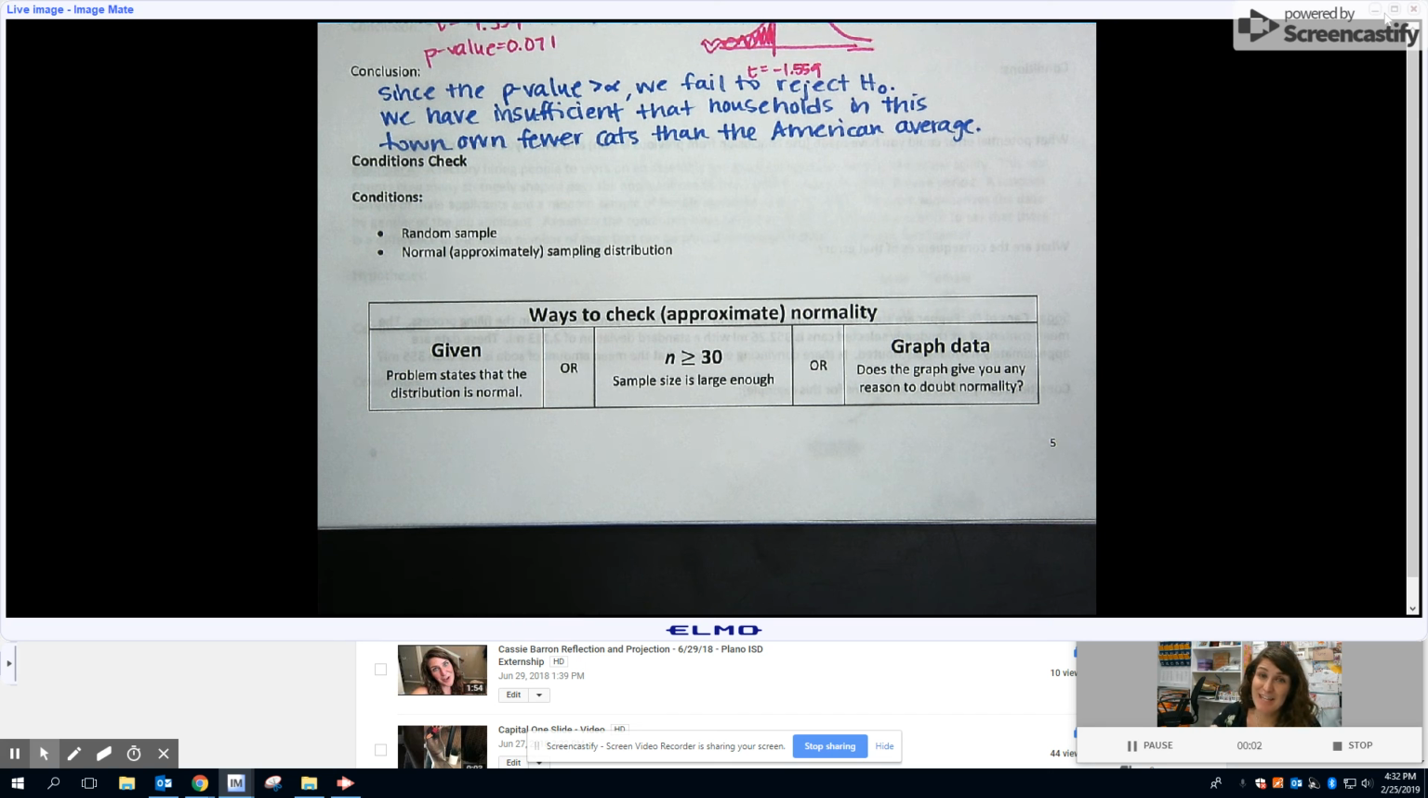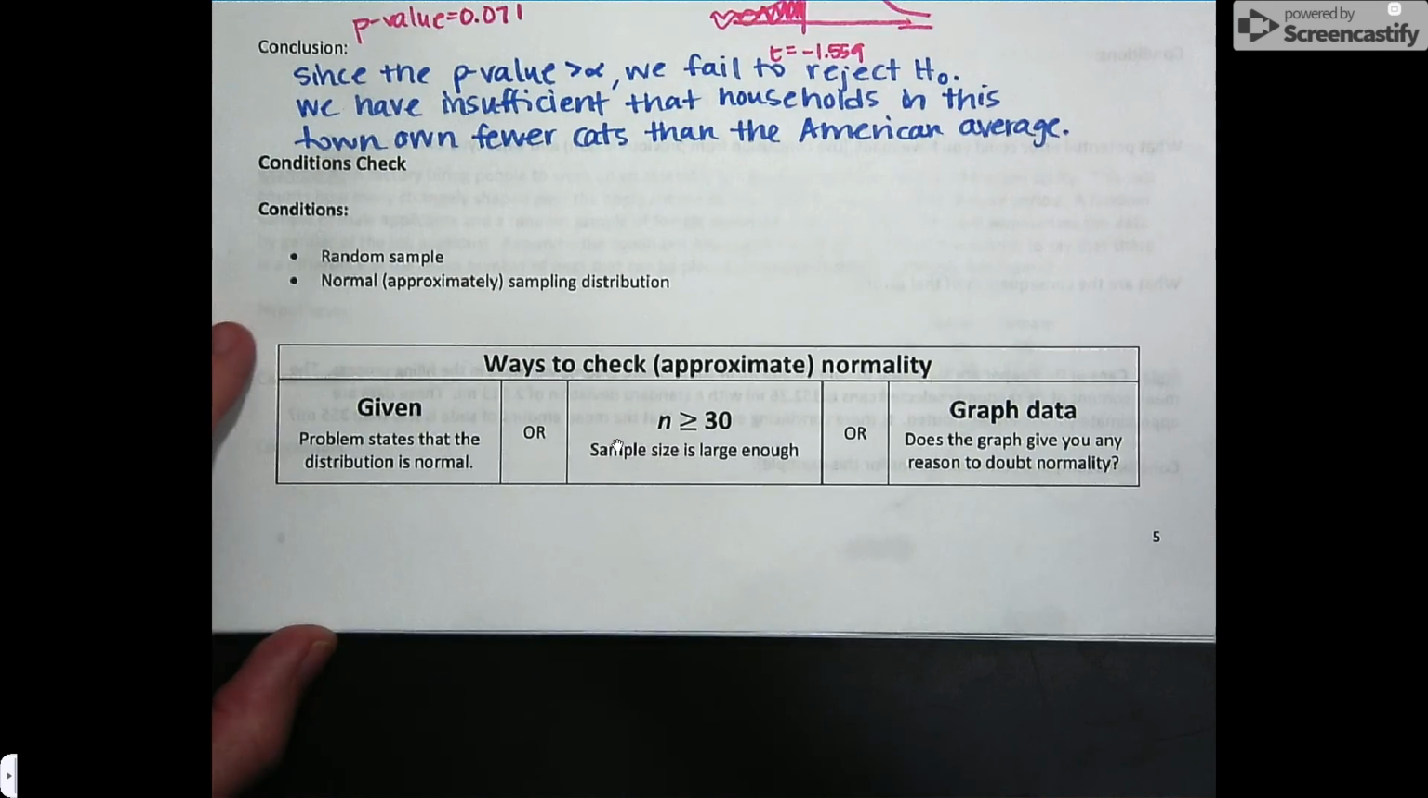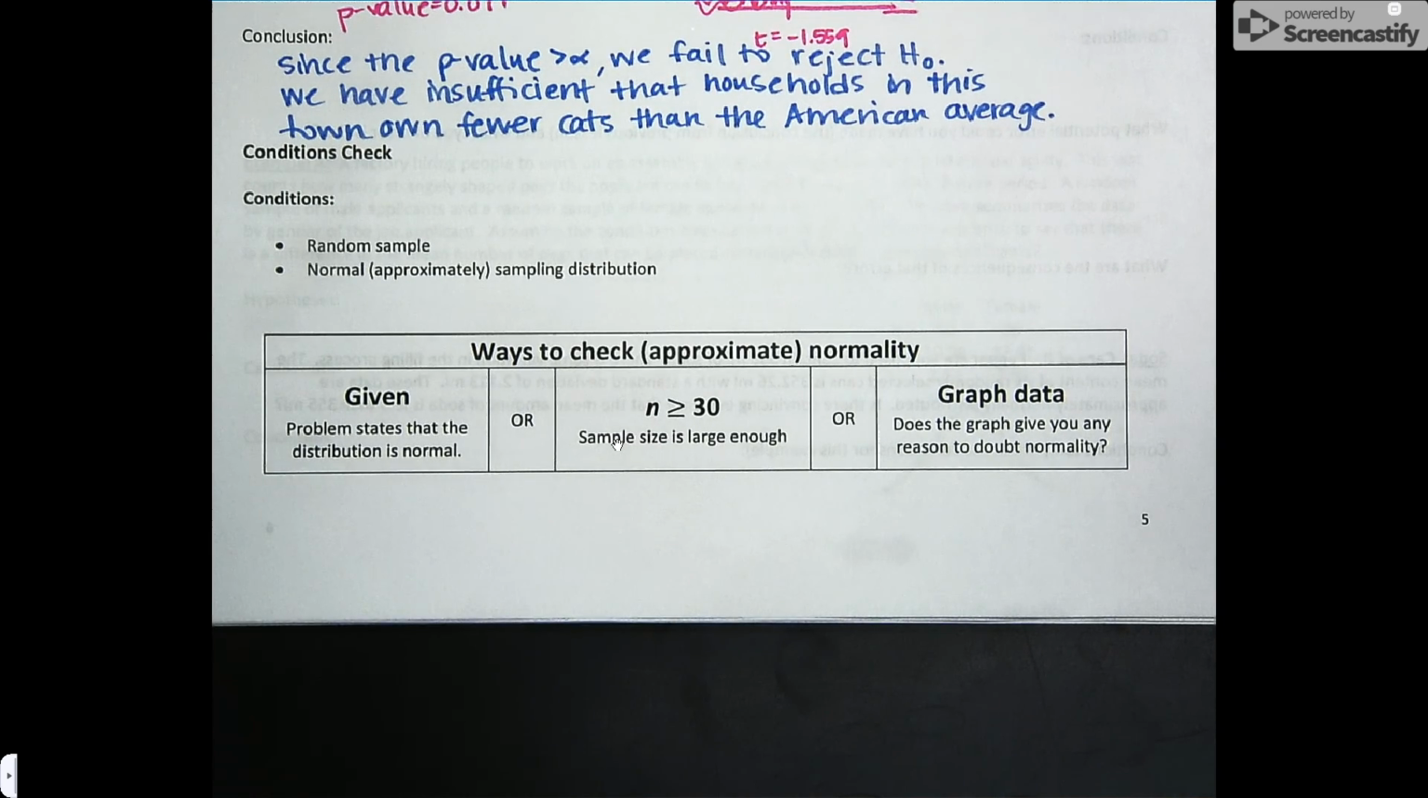Hey guys, it's the day before your quiz, so today's lesson will be on your quiz tomorrow. It's going to be over conditions. So we need to review how to check the conditions when you're dealing with means. So let's go ahead and go to page 5 in your packets that you have, and we'll talk about